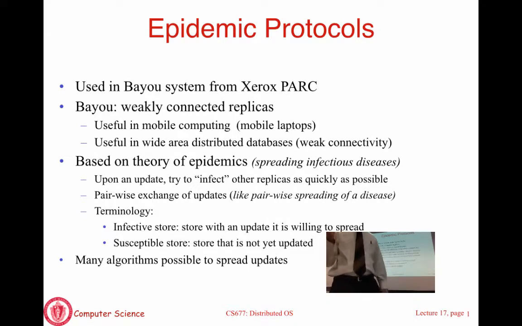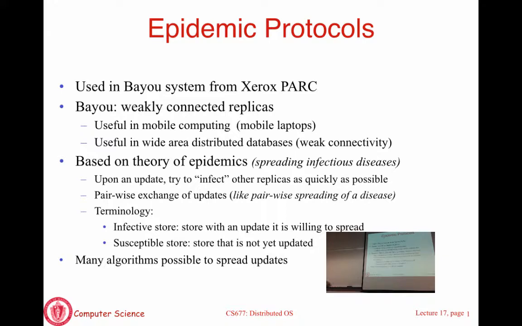There are many different techniques to implement it, but just as far as history goes, it's important to remember how all this came about. Back in the late 80s, early 90s, there was a project called Bayou at Xerox PARC, which was the research lab of Xerox. What they wanted to do was implement a consistency protocol for mobile devices or mobile clients. Remember, this is in the 80s, not today where mobile devices are prevalent. But they were thinking far ahead, saying, let's say your laptops or mobile devices, and you make a change to a file on the server, how do you propagate it to a client?